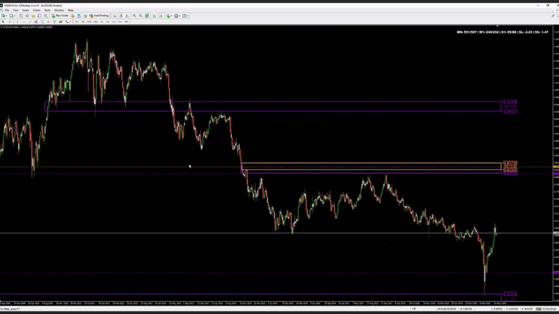So I don't know actually how much selling was going on at this price point. All I can see is what price has done. Okay, and so what you have to do is you have to find areas of supply or demand that have been tested several times and then removed. And then the area of supply or demand that removed the area that had previously provided support or resistance, this is the one you trade. Okay, so if you look here,